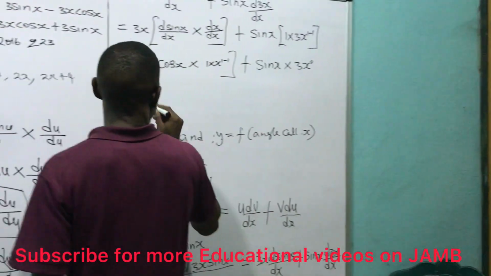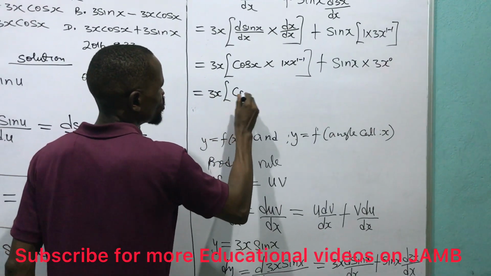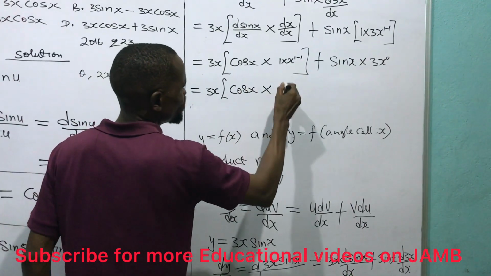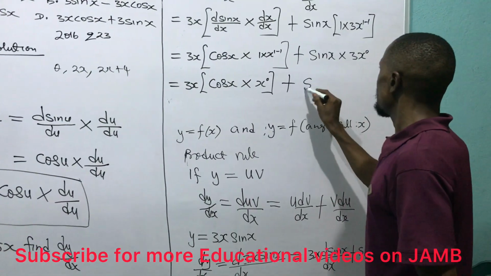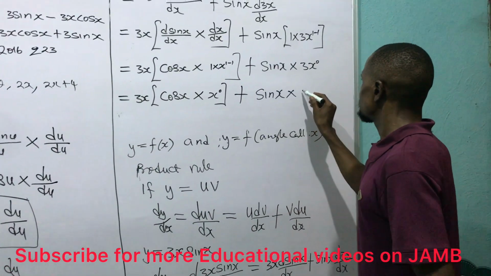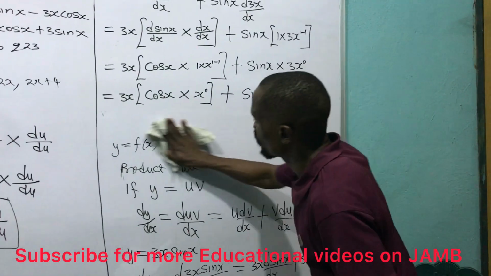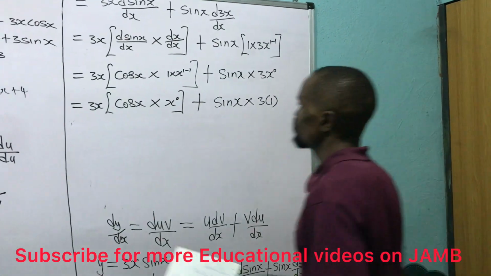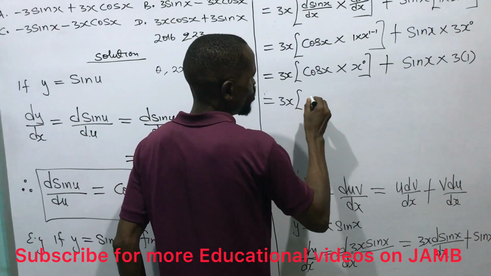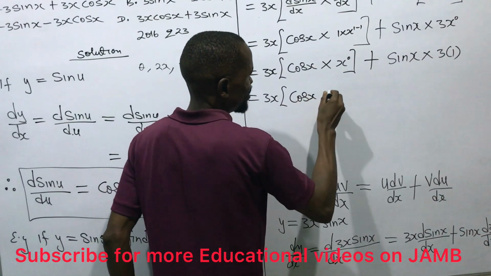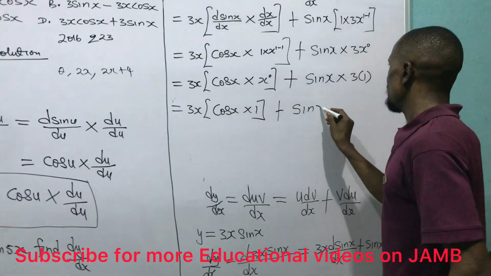Then what happened here? I will have this to be what? Equals 3x times cos x, this will give me x raised to power 0, plus this will give me sine x times 3 into 1. You remember that anything raised to power 0 is 1. This will give me 3x times cos x times 1, plus this will give me sine x times